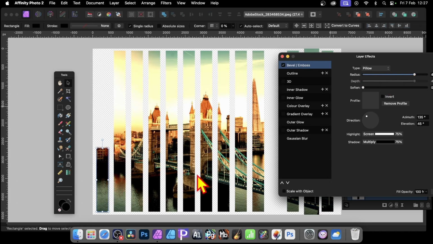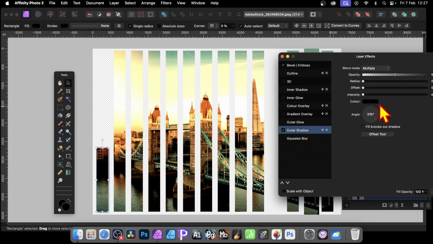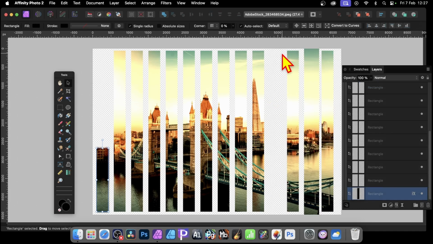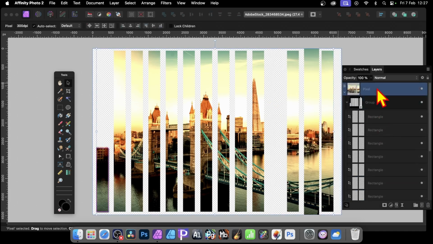So it's not exactly in the way that conventionally it would be. Also, outer shadow, you can go there and do the same. And you can see you get this effect. Fine, it gives a bit of depth, but you might want to actually apply it to the whole thing. And that's what you can do. You can just go up to here, the pixel layer here at the top,